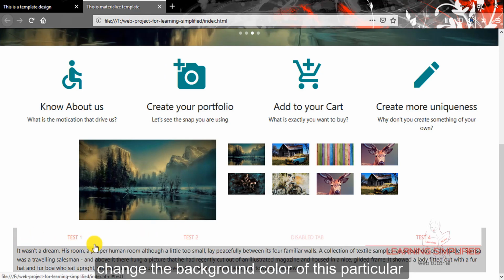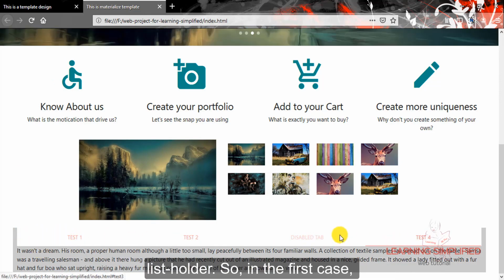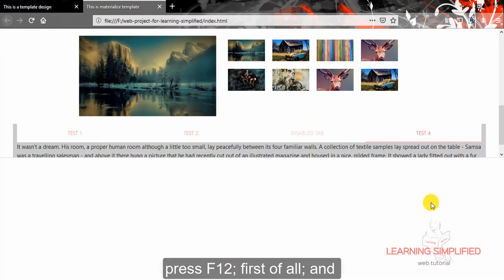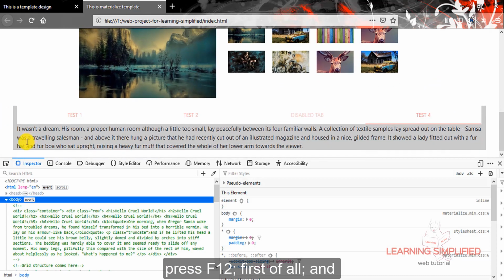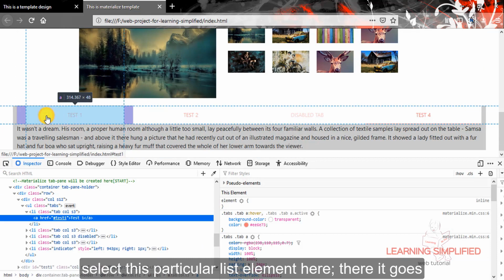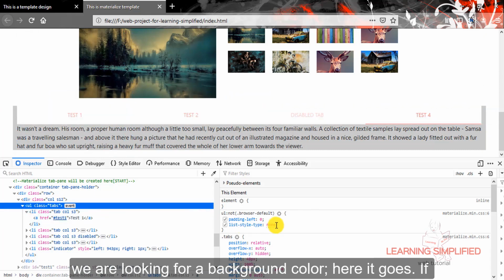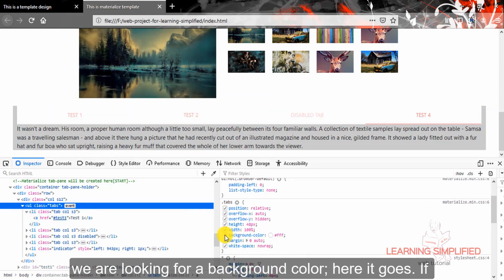First thing is we need to change the background color of this particular list holder. So in the first case, press F12 first of all and select this particular list element here. There it goes. This is the UL class. We are looking for a background color. Here it goes.